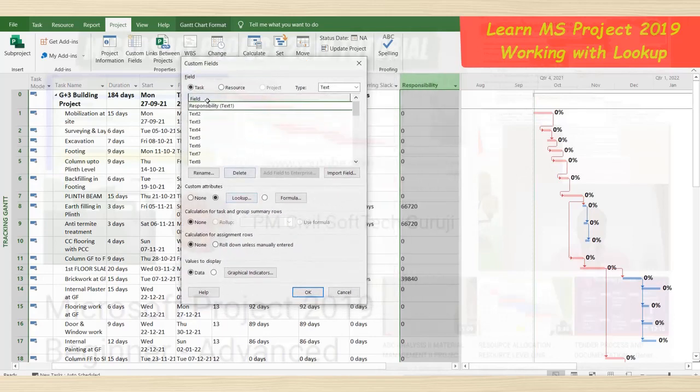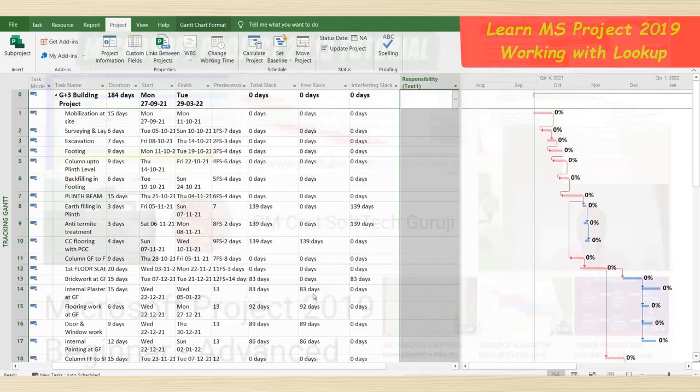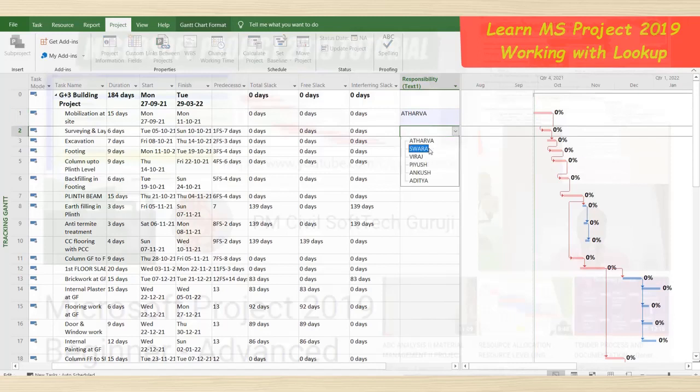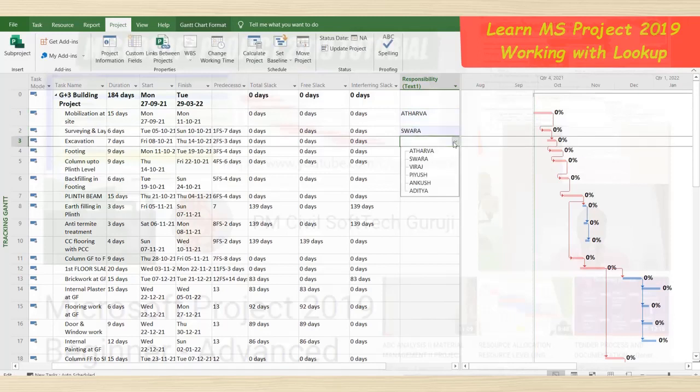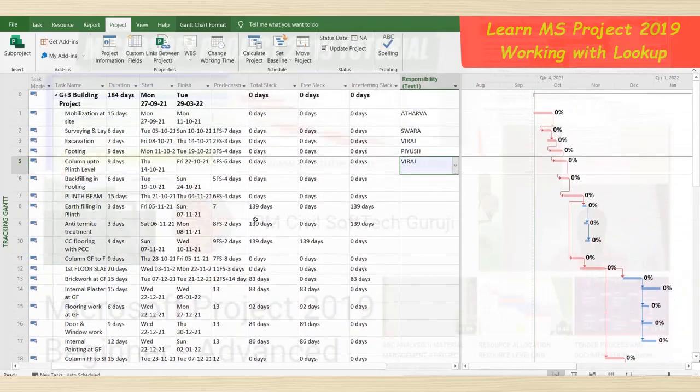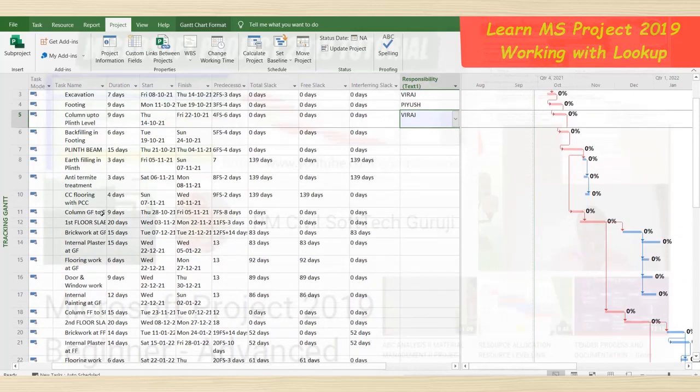Again in the Responsibility column, select Lookup and then click OK. See the difference. Mobilization at site, this is the responsibility. Surveying, the responsibility of this user. So you just allot them. Then for the brickwork, just allot.